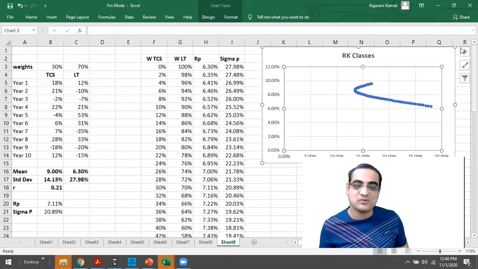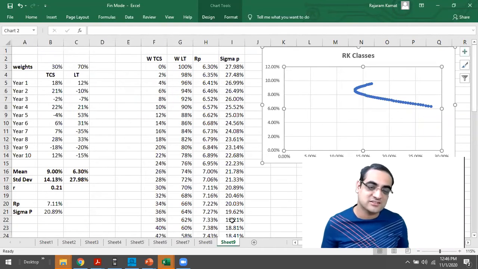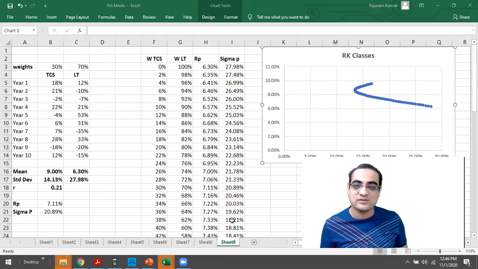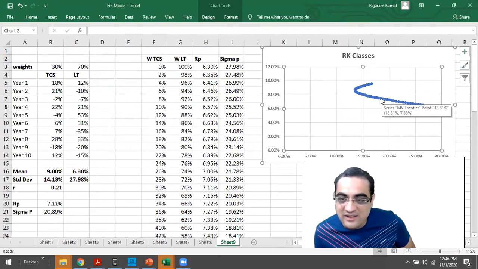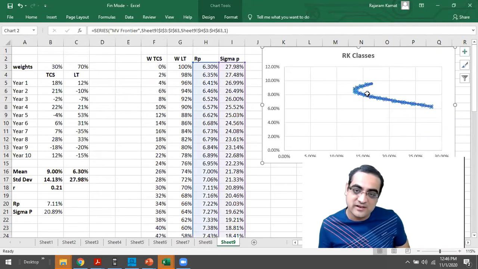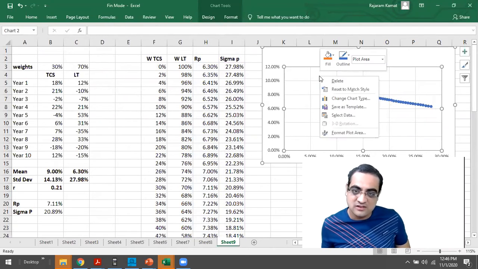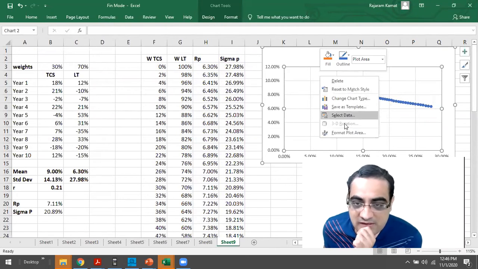How many of you could get this graph done on your Excel sheet? Just raise hand. Would be very happy to see if you could get this graph on your Excel sheet. यहाँ पे नाम क्यों नहीं आ रहा है? ये नाम आना चाहिए यहाँ पे actually. Mean variance frontier. Let me see how to get this name actually. You get to see the name also actually, but I'm not getting the name.